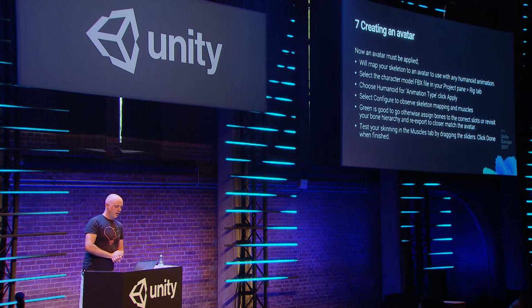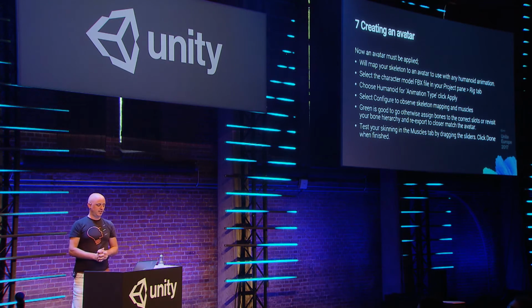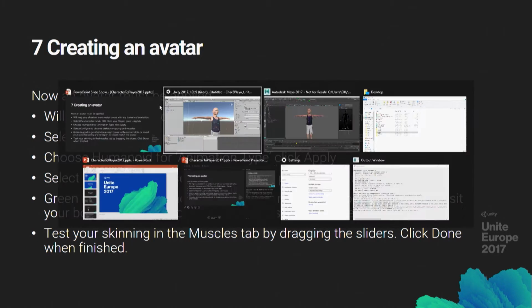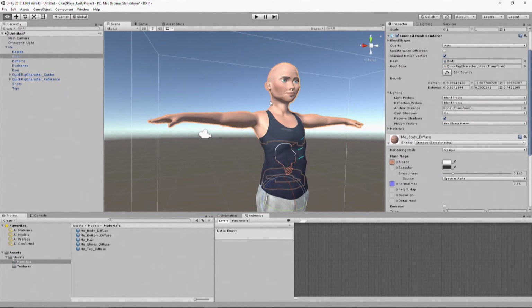Now, this stage will map your skeleton to an avatar to use with any humanoid animation. And this is all about the rig tab. And the rig tab will allow you to specify some different types of rigs. So we're going to choose humanoid for the animation type and click apply. And then we're going to configure and observe the skeleton mapping and muscles that it does. So if we switch back here,